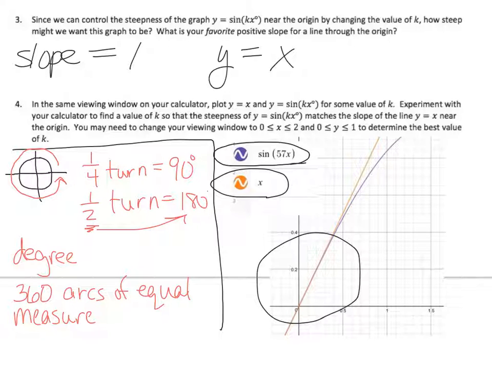An arc being a piece of the circle. So if you have a circle, an arc is a piece of it, just a piece of the outside of the circle. We divided a circle into 360 pieces. Each piece,